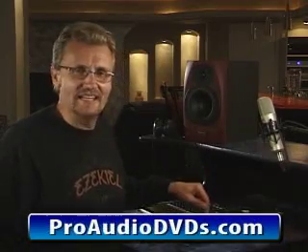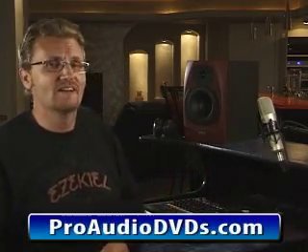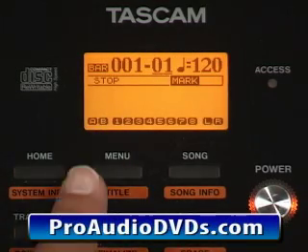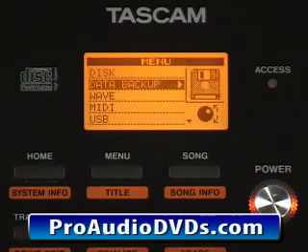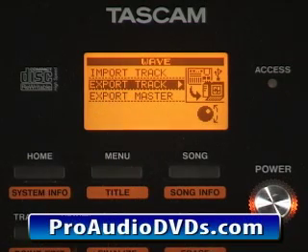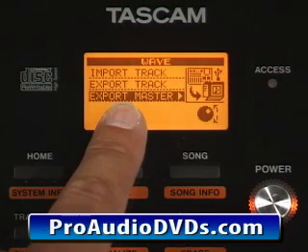Okay, we have our song mixed down, but it really doesn't help us as long as it's sitting inside our DP-02. We need to get it out somehow. Follow me. Now, let's get this master track file onto a special area of your hard disk or compact flash card. Press Menu, we'll go down into Wave, and from here you can export individual tracks or export the master